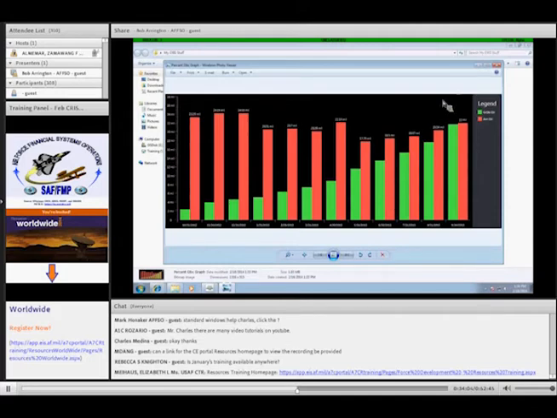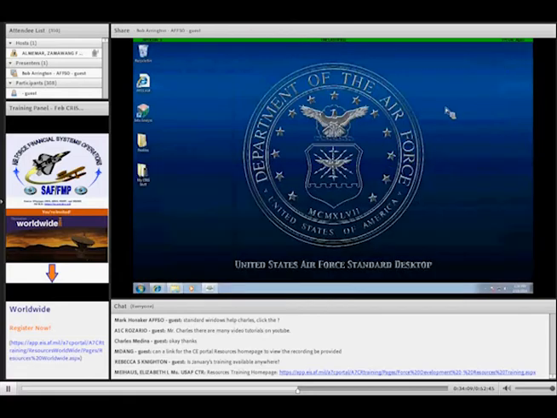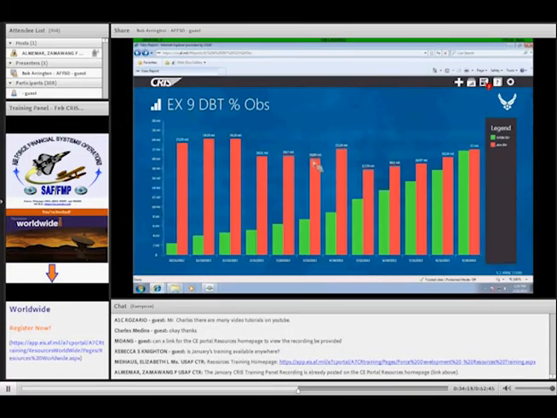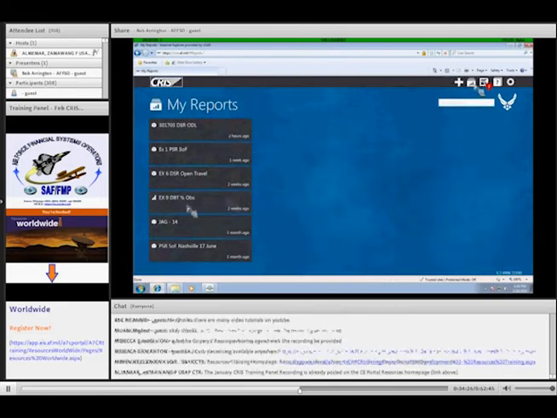Another neat thing about graphs, if you do save something as a graph, let me get back into CRIS here. I'll go back to My Reports. I'm going to left-click the little icon, top right-hand side of the screen. It says My Reports. Left-click that. Here's my %obs graph.